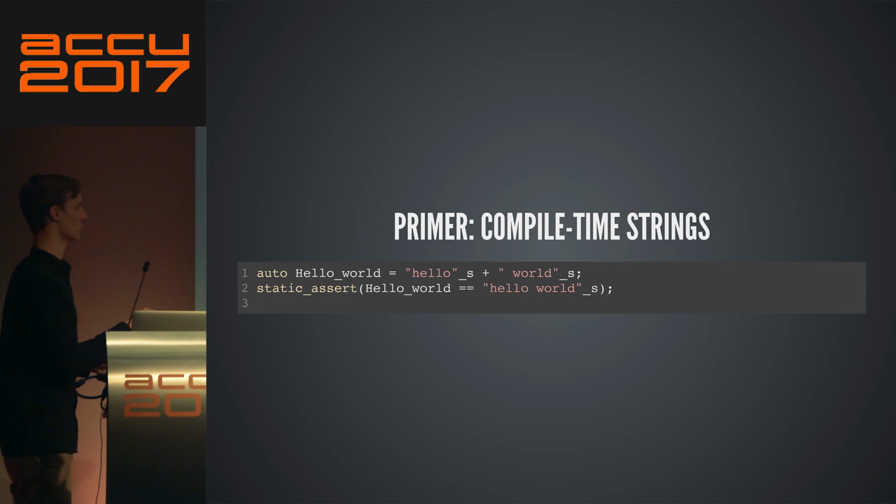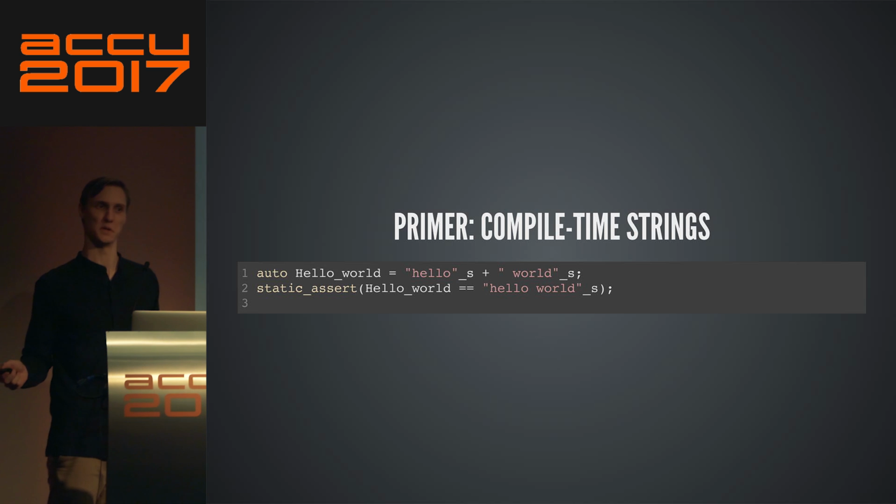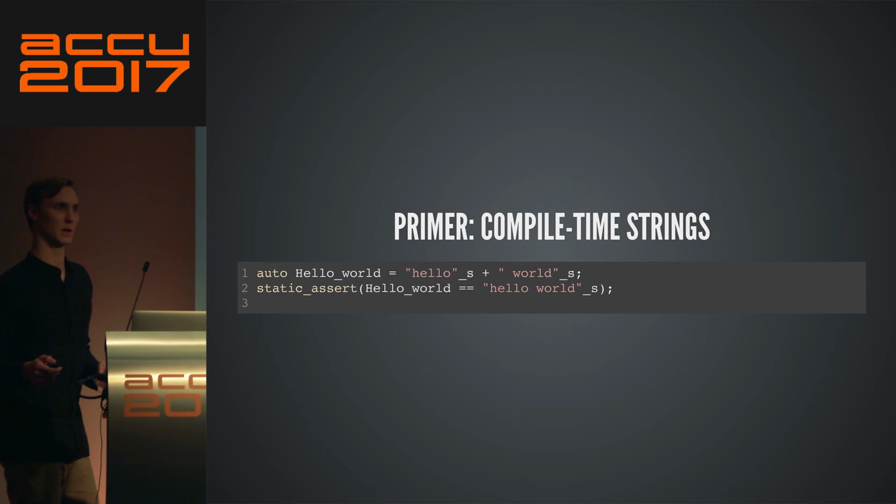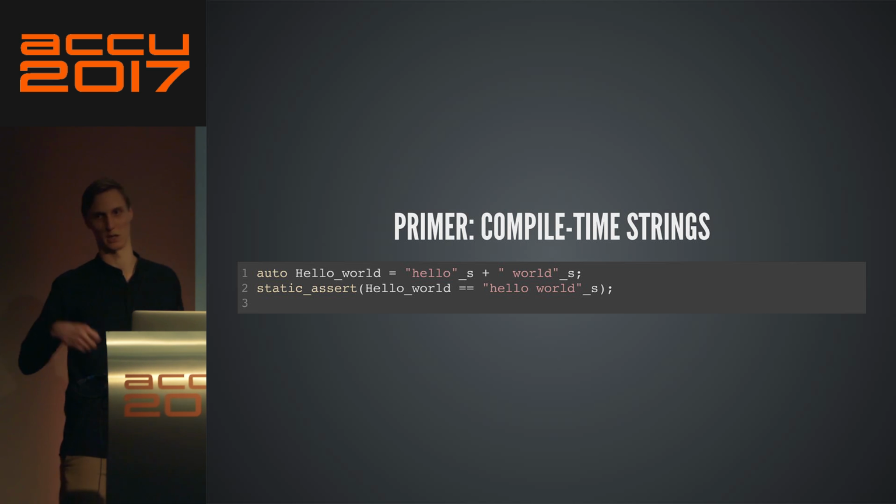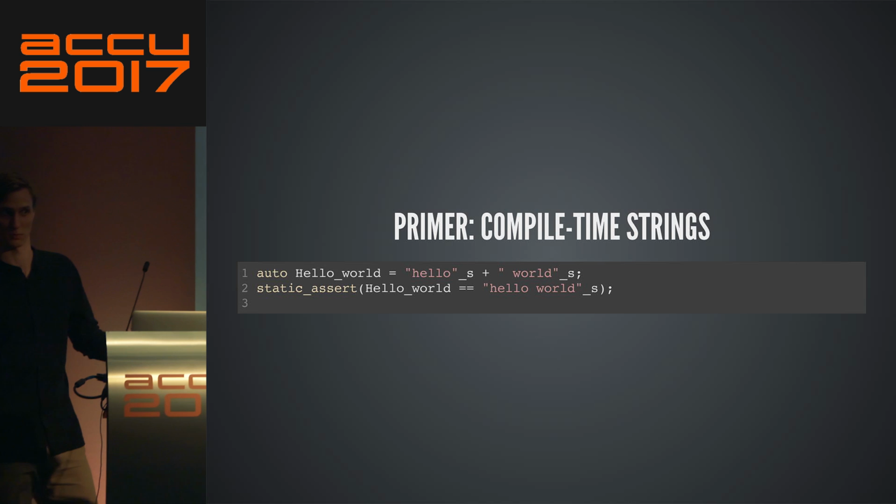So here, underscore s, just like underscore c did, is going to create an object that represents a compile time string. Plus is going to concatenate these compile time strings, just like std string does, but everything's done at compile time. And then given a compile time string like that, you can ask, are you equal to another compile time string? And possibly you could also implement arbitrarily complex operations.